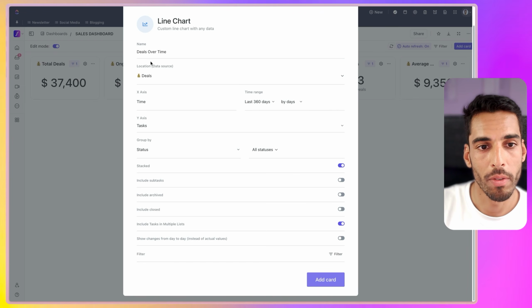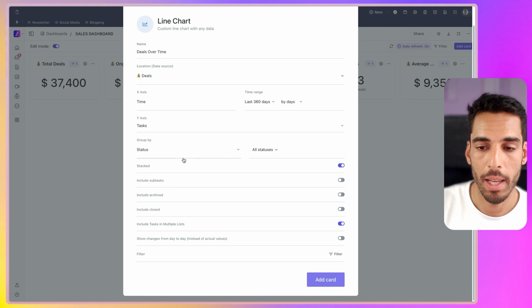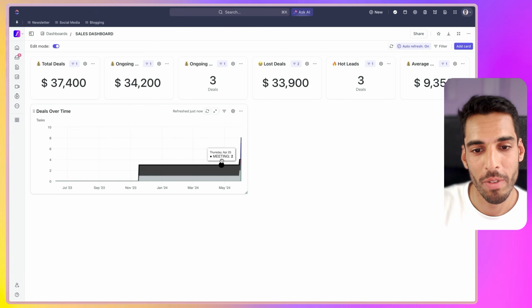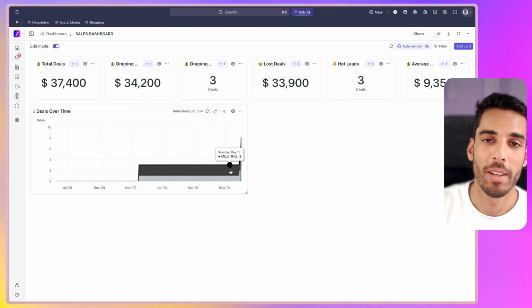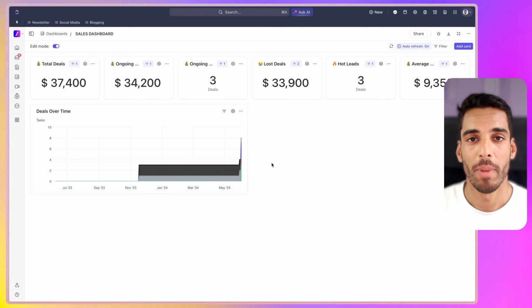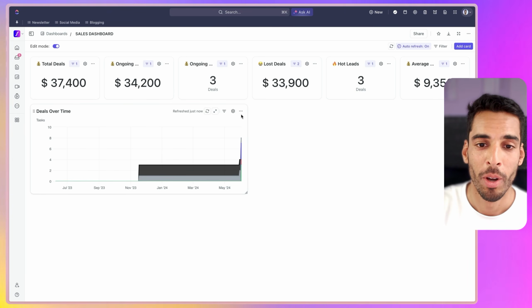So we have our deals over time in our deal list with a rolling period of 360 days, and we group them by status and stack them. Let's see how it looks. So this is starting to come together. Obviously, it's not really pretty because I've just changed the statuses today. As your team works together, it will start to make sense. And as the statuses change over time, this diagram will be way prettier than that, I can guarantee you, but at least you know the right setup. Let's move on to the next card.